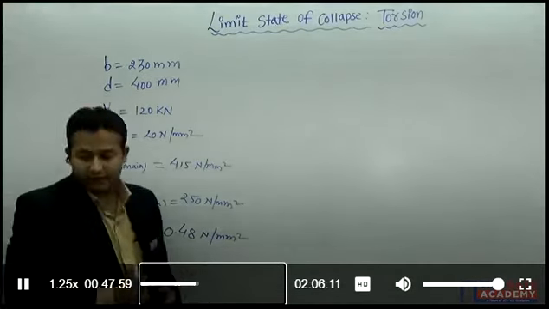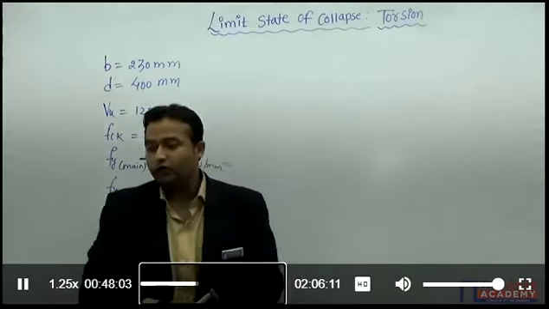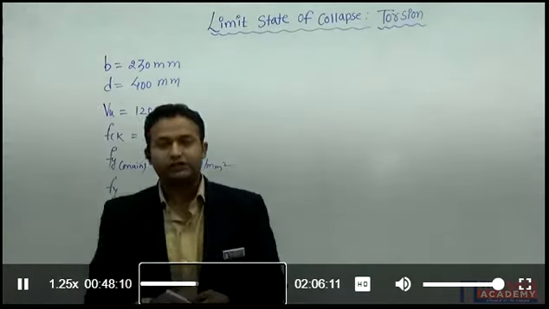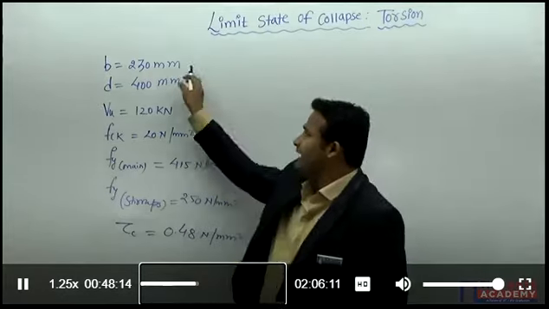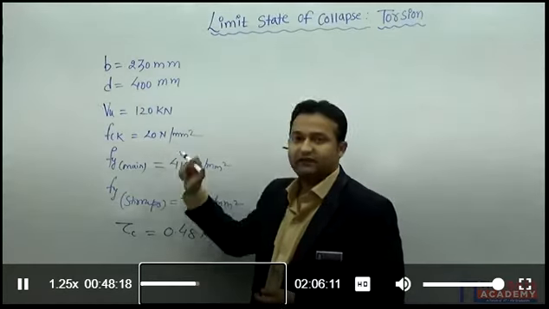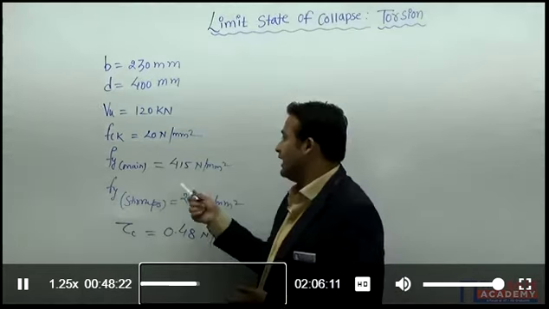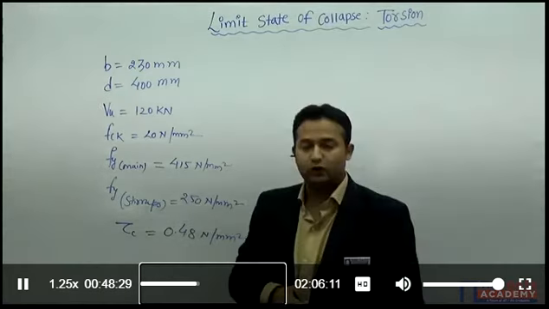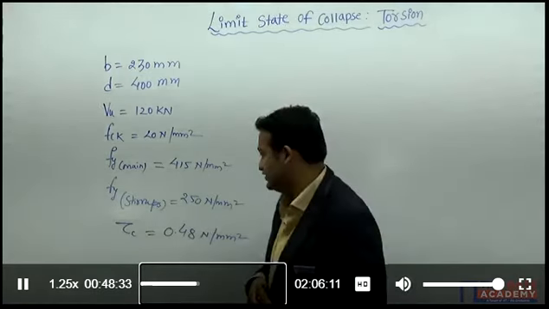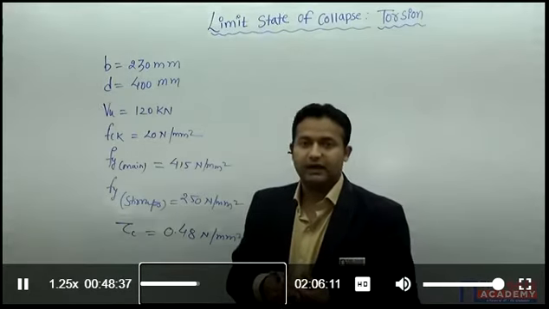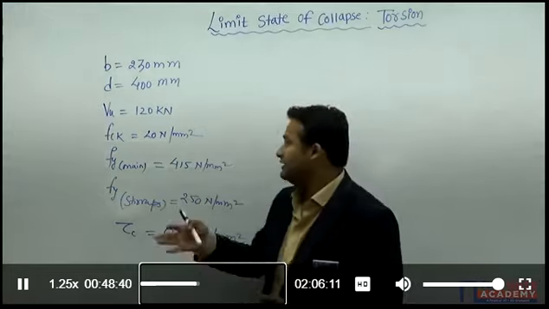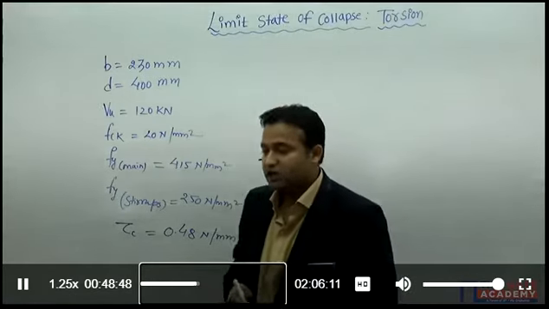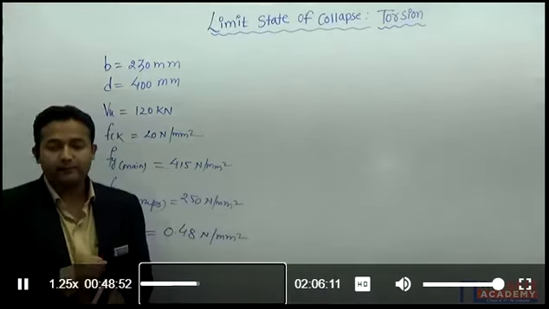Right? So this data is given, and we need to design the beam for the limit state of collapse in shear. This is the question. They told me b equal to 230 mm, the grade of concrete is M20, and for the main reinforcement we are going to use Fe 415, and for the stirrups we are going to use Fe 250, that is 250 Newton per mm square strength. For the provided Ast, whatever percentage we have provided, the shear strength of the concrete is 0.48 Newton per mm square. So we need to calculate the spacing of two-legged 8 mm stirrups.